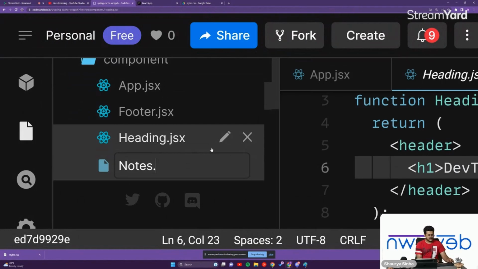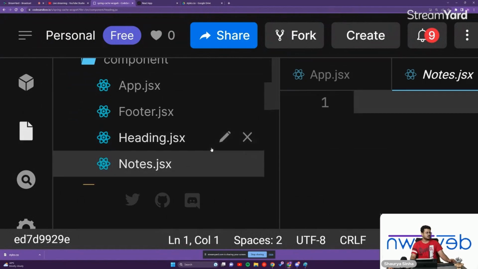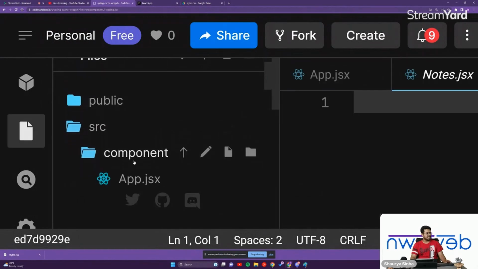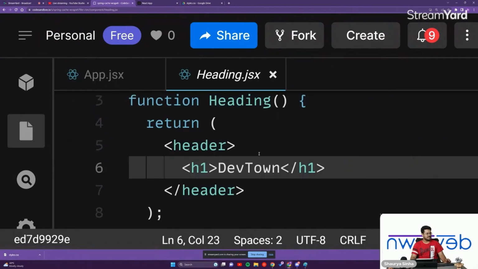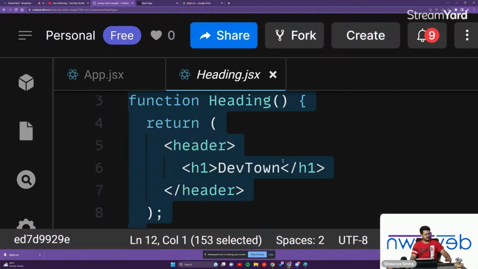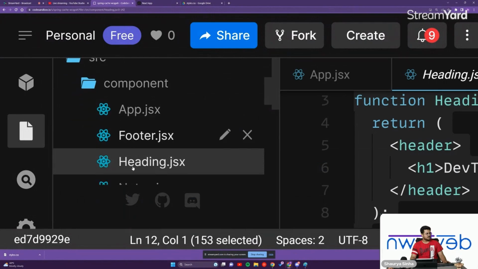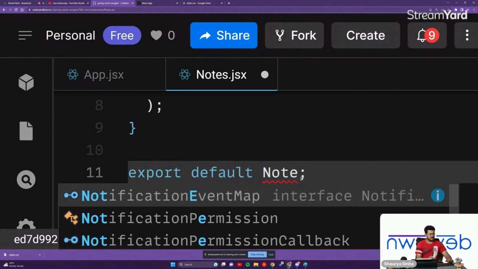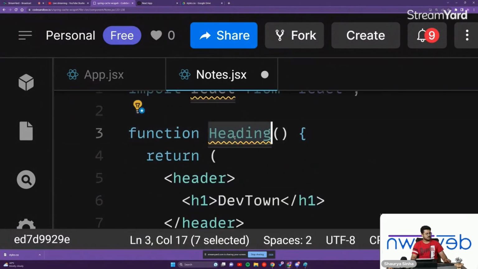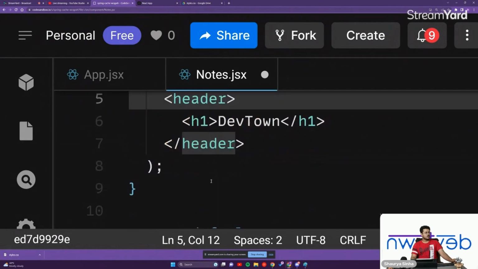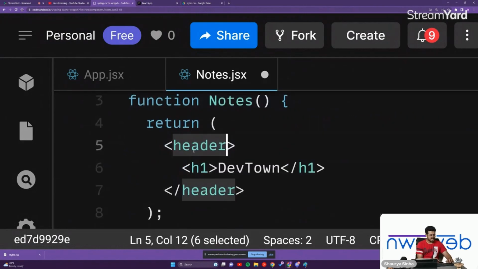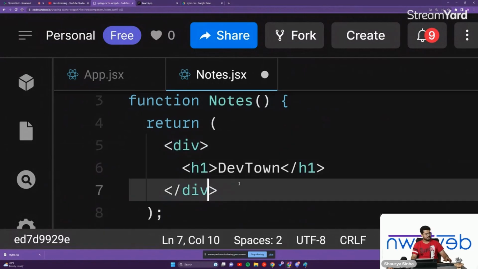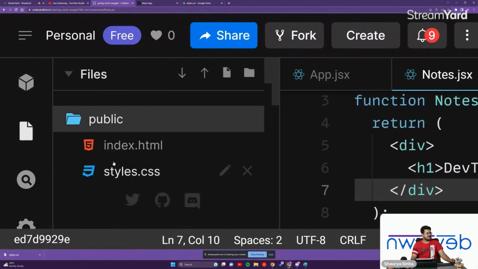We'll name it as notes.jsx, and we'll put up our code from any of the heading.jsx or footer.jsx. Let's copy paste it. Why keep the entire thing again and again? Control C. I'll go to our notes.jsx. Control V. Change the name right over here, Notes, and change the same right over here as well. And this note is going to be a div tag right over here, guys. So div tag, Control C, Control V, and we are going to go into our styles.css,